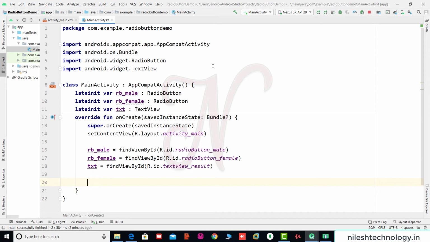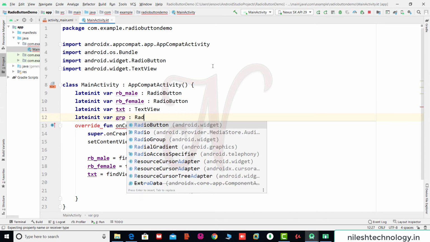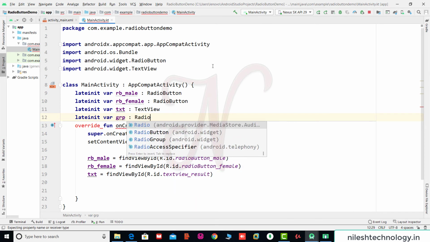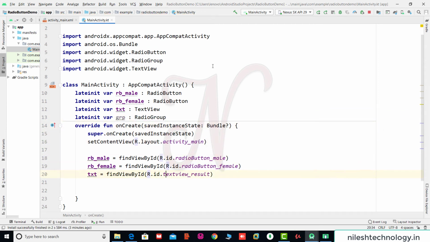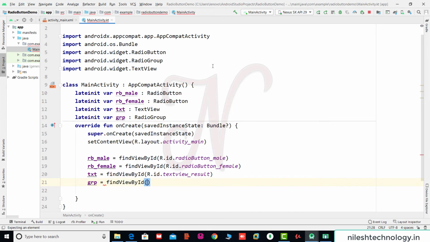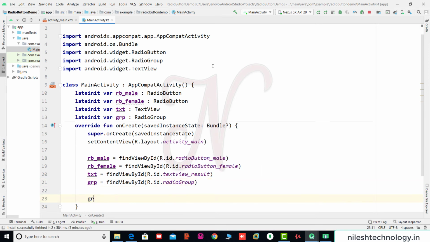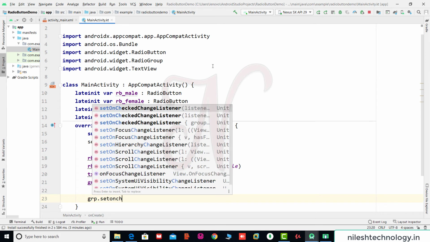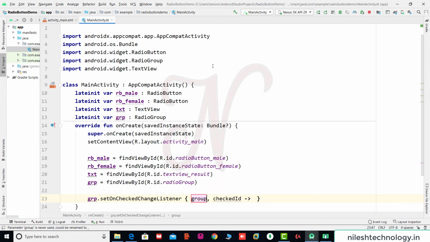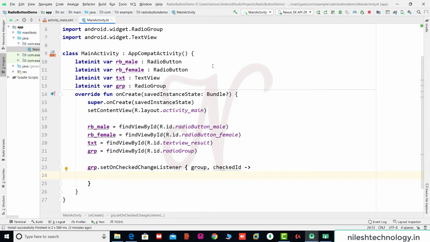Here we map the radio group: lateinit var grp, a radio group, equal to findViewById R dot id dot radio group. Then grp dot setOnCheckedChangeListener. This is the event, and there are two radio buttons in this group.